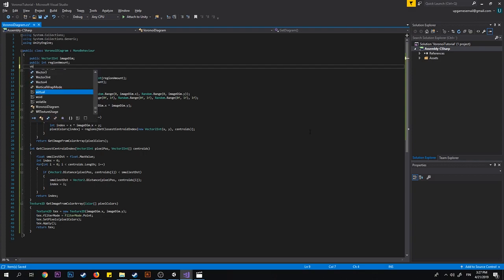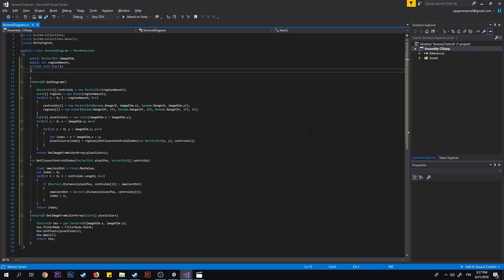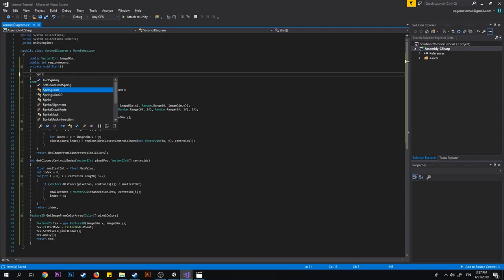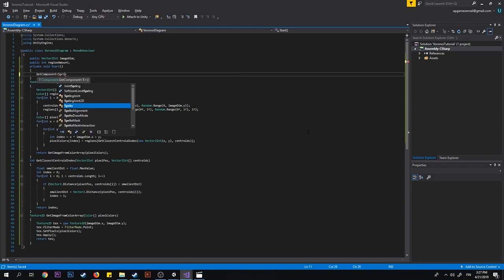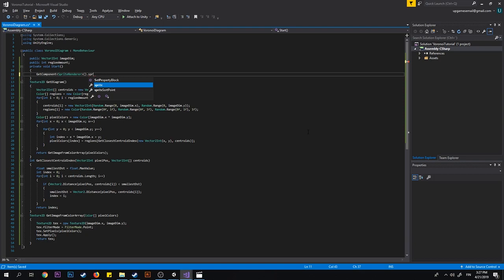So let's make a void Start, and let's do a get component SpriteRenderer, sprite, and that's going to be equal to a Sprite